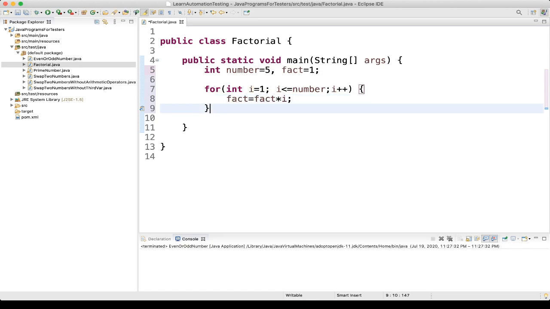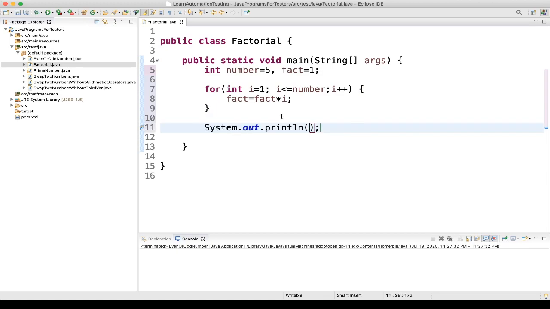Okay, then we'll print "factorial of a number" plus fact.